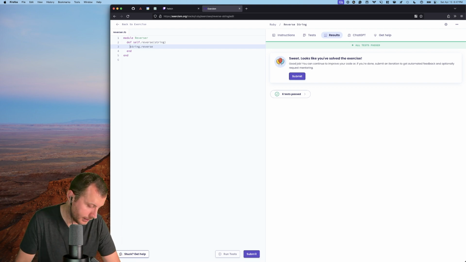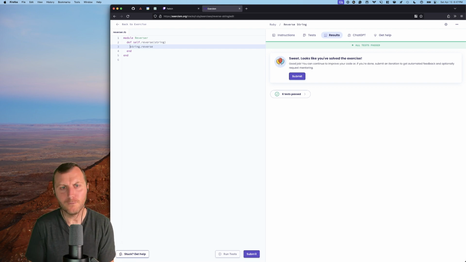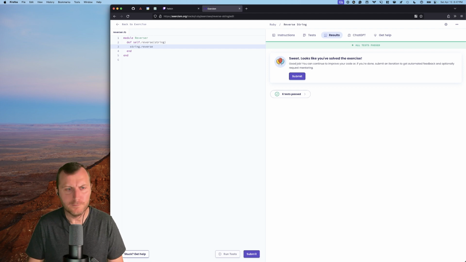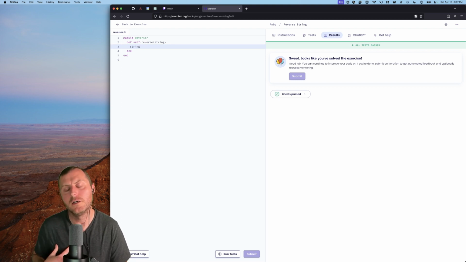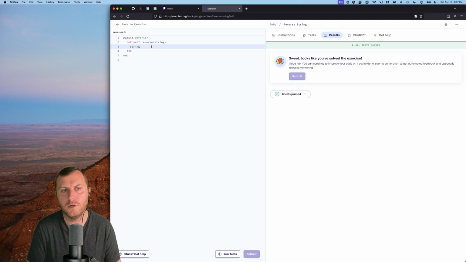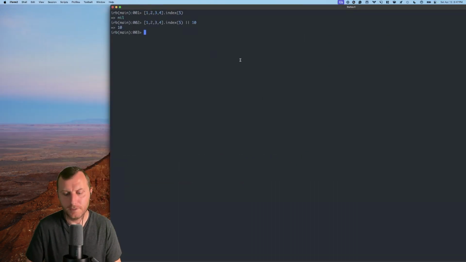We're doing ourselves a disservice by not going through the pain of manually reversing a string. That way we'll know what it takes to do it, and then we'll really appreciate the fact that every standard library includes reverse. So let's do it for real. So what should we do to actually do this? I should have probably had a notepad out, but